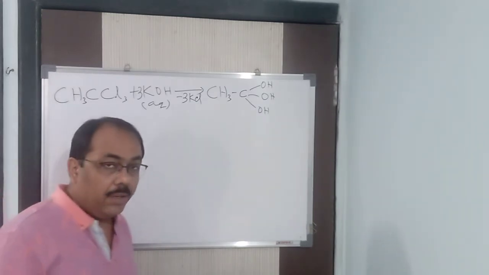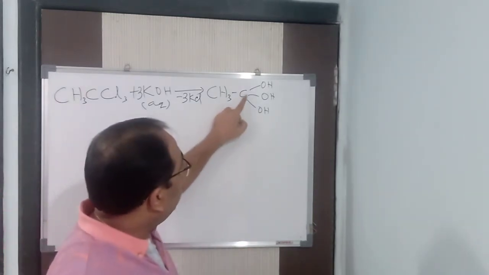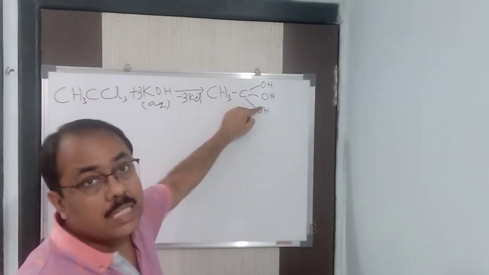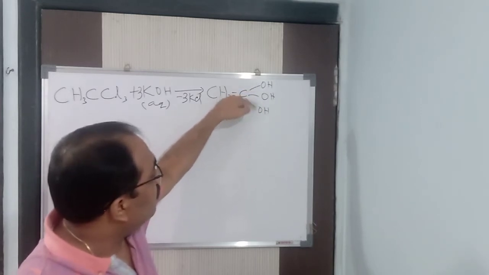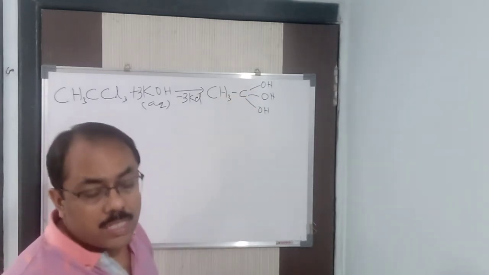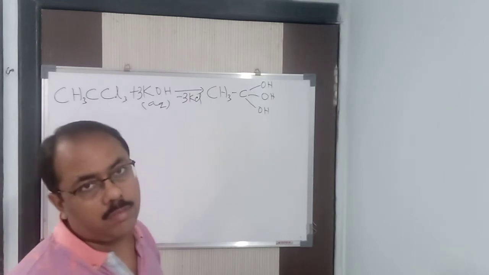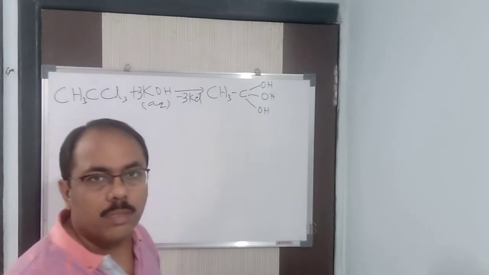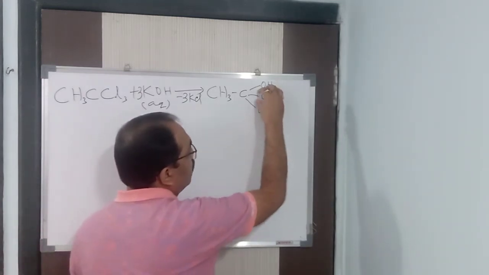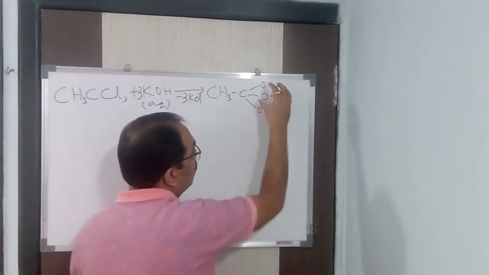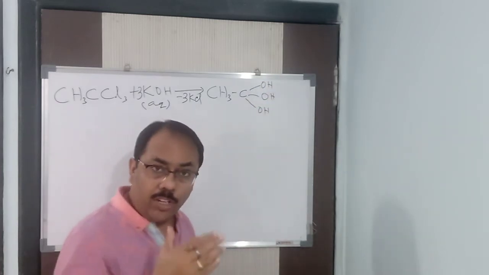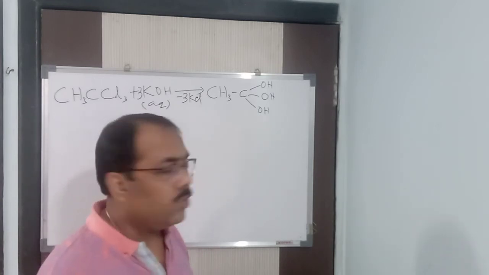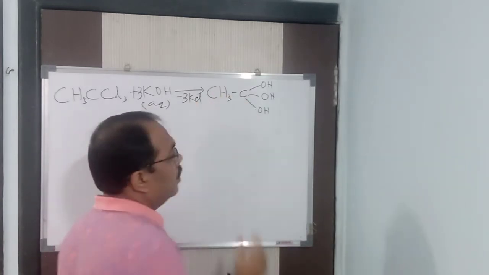Now, very important. You know that one carbon atom contains only one OH group. But here 3 OH groups are there, which is unstable. Why? Because when these 3 OH groups come closer to each other, they will suffer steric hindrance, or undergo steric repulsion. Because the electron clouds of these OH groups, when they come closer to each other, are going to repel one another. This is known as steric hindrance or steric repulsion, due to which this compound will be unstable in nature.